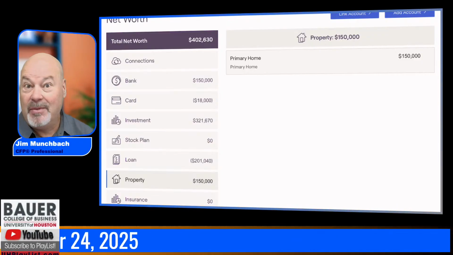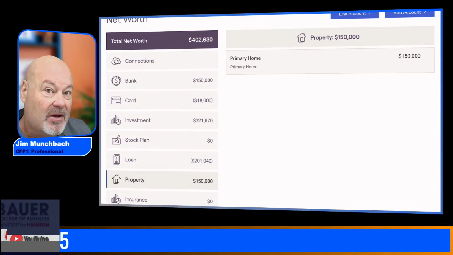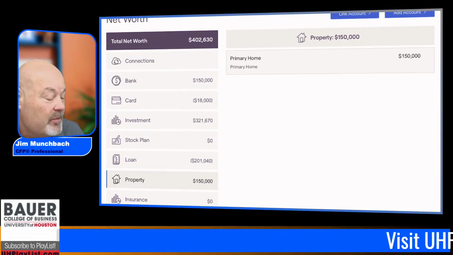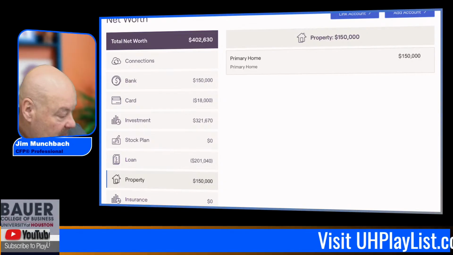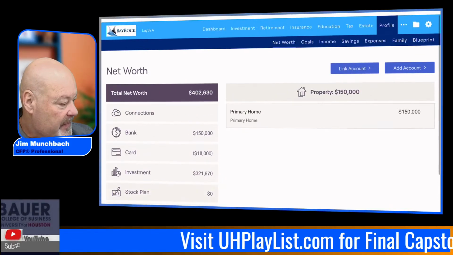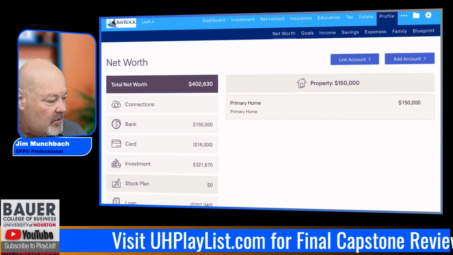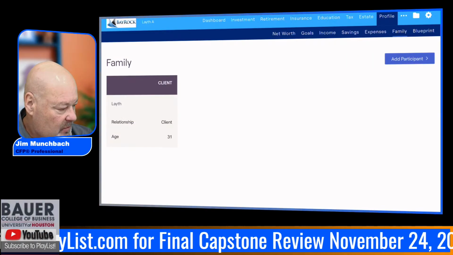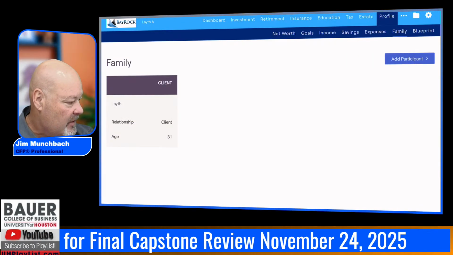And I don't know. I'm in Galveston County, so I know what it costs here. And I used to be a State Farm agent, so I'm pretty familiar with the premiums in Texas. If this is somewhere else, then obviously it should be lower. So that's what I would look at when I go to your net worth. Also, I would look at your family. See, so Lath is one person, and that's cool.